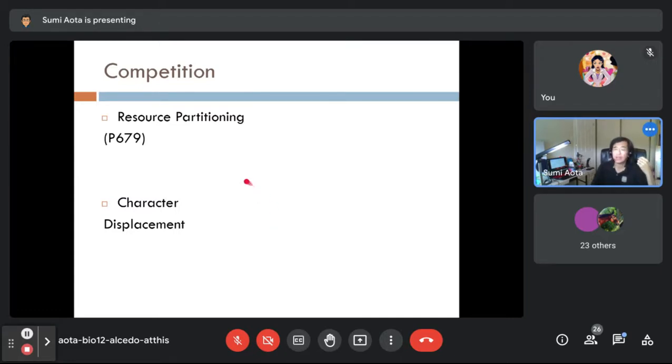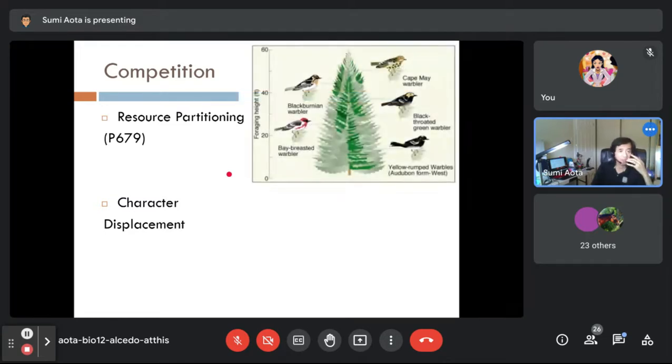In resource partitioning, these are 5 different warbler birds. Normally, in the past, they would have had intense competition for this one resource, the tree. What they end up doing, though, is because of that competition, they want to reduce the competition so they can survive. So they established micro niches that they can inhabit